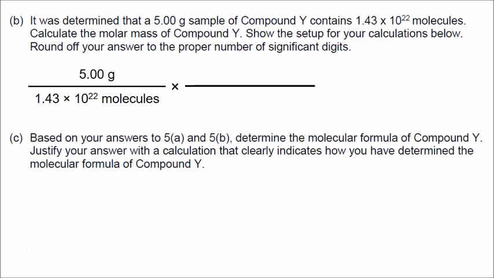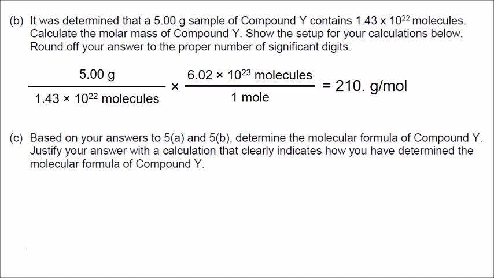So we have to get rid of the unit of molecules, and we'll use Avogadro's number on the top in our conversion factor, and then 1 mole on the bottom. If we do this math, we get grams per mole. We need 3 sig figs in our final answer, so we'll round this off to 210 grams